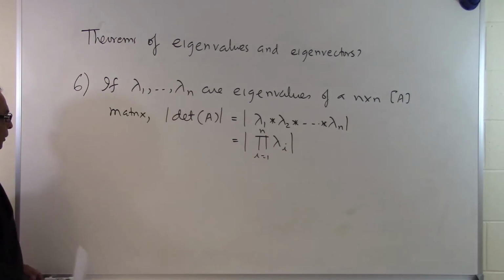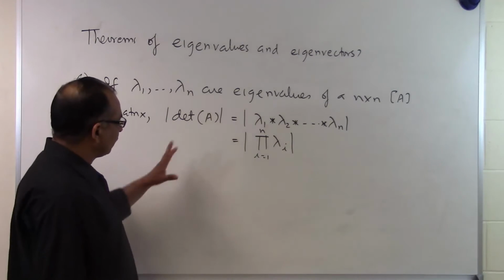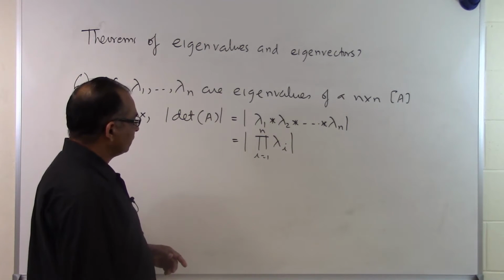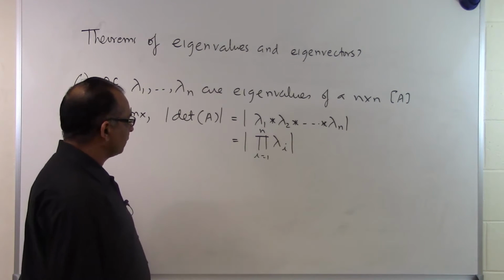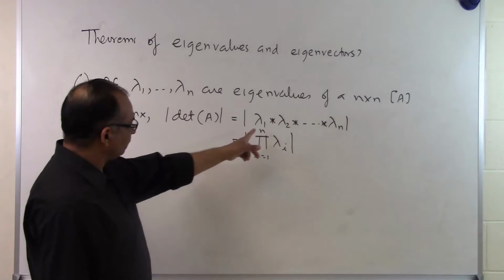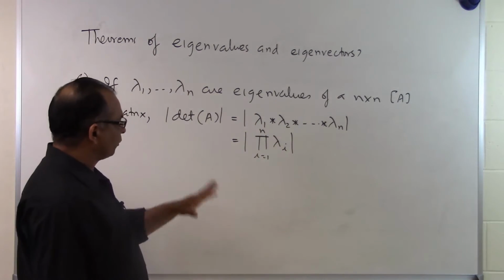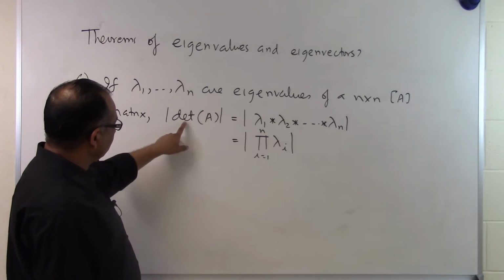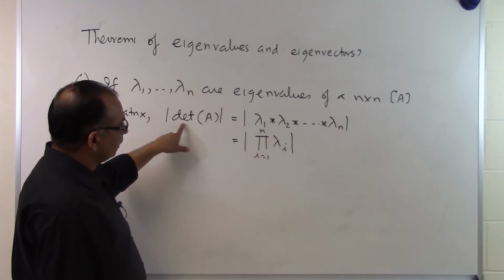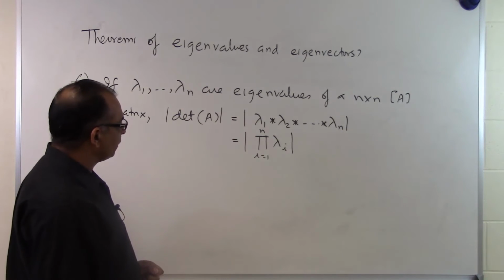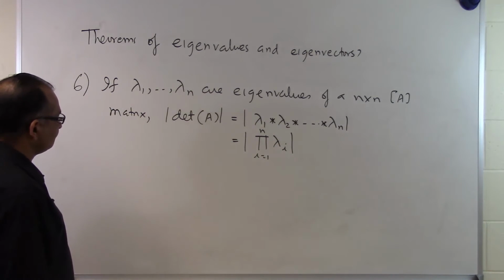Which also lets us make sense of one of the theorems: if one of the eigenvalues is 0, then the A matrix is not invertible, it's singular, and the inverse cannot be found. This makes sense because if one of the eigenvalues is 0, then the product of all of these is going to be 0 irrespective of what the other eigenvalues are. Then the magnitude of the determinant of A is equal to 0, which means the determinant of A is equal to 0, which basically means that the A matrix is singular. So that's just another way of proving that particular theorem.